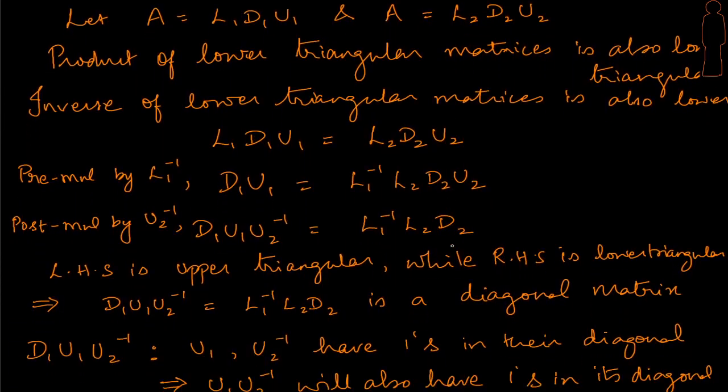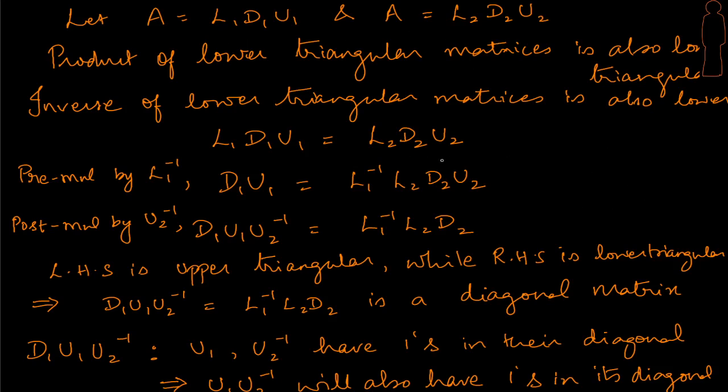Okay, so we are going to assume that we have a pair of factors instead of saying only one set of factors. Let's assume that A has got L1 D1 U1 and L2 D2 U2. Obviously, we are trying to assume L1 is not equal to L2, D1 not equal to D2, U1 not equal to U2, etc., and trying to go ahead, and we may land up proving that L1 and L2 have got to be the same. Let's see how we proceed.